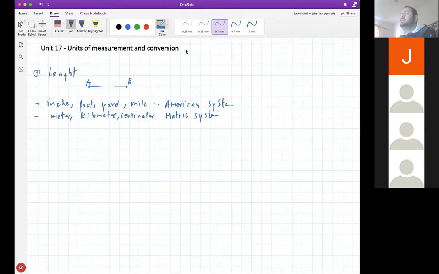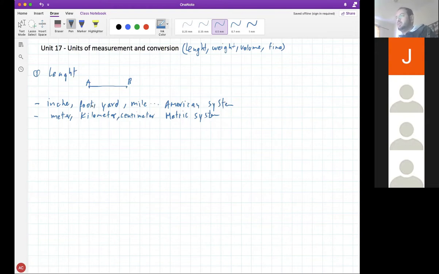Later we will see also weight, measures of weight. We did the volume last time. I'm going to do some of the volume units as well. And even time, units of time, which are universal. We're going to see some of those also maybe at the end. So for the length, we have these, the main ones. Now let's see the